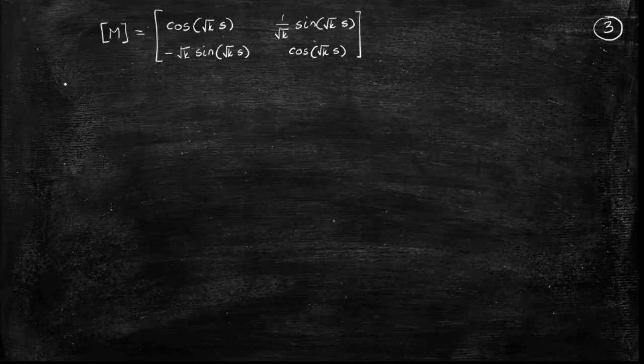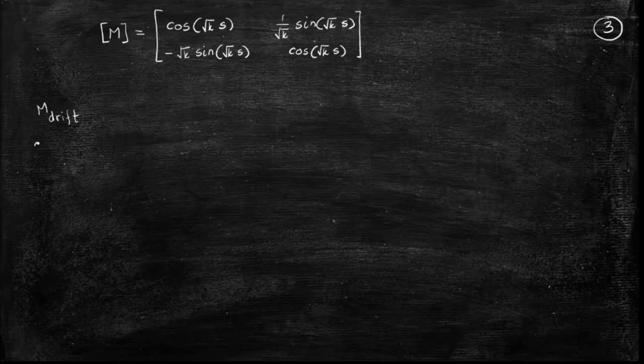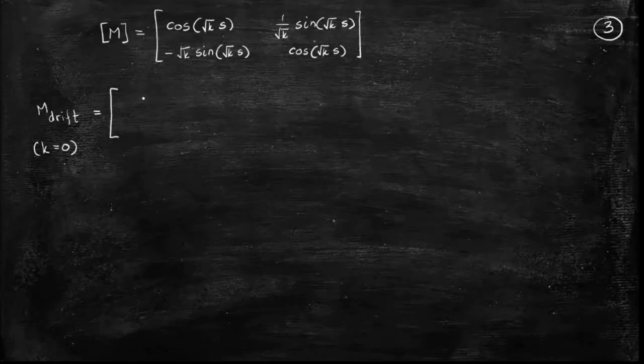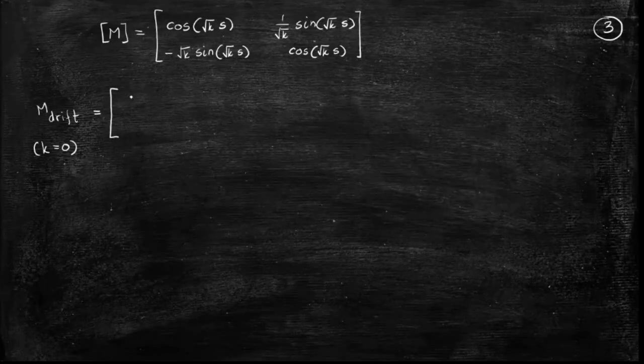Now let us try our hypothesis. Let us say I want to find out the matrix for a drift region. For a drift region, what was our idea? K is equal to 0. Substitute it, tell me what comes? This is class work. Quickly, come on. What is the first term? So we'll get the identity matrix?